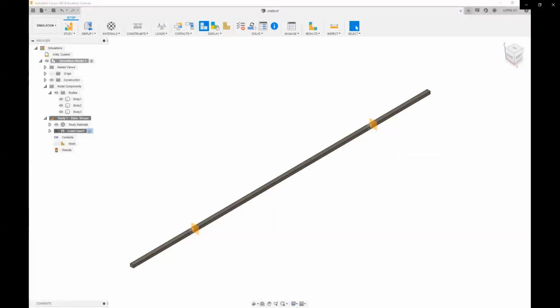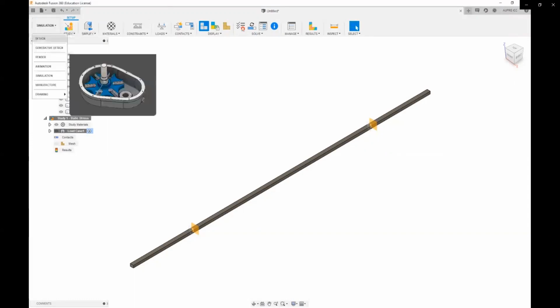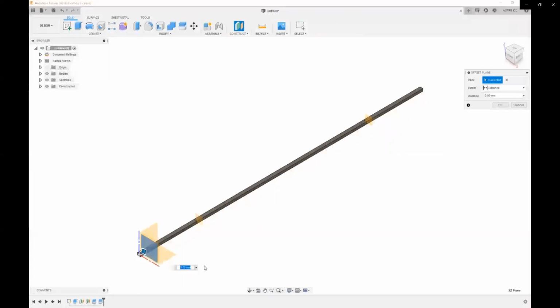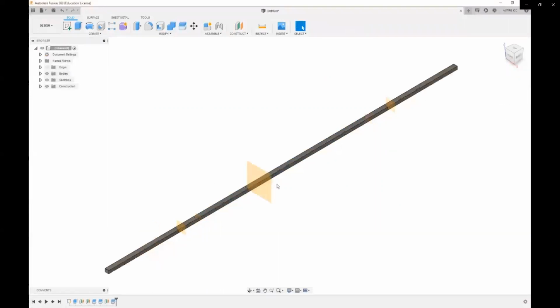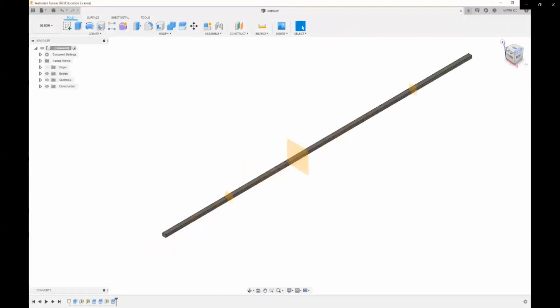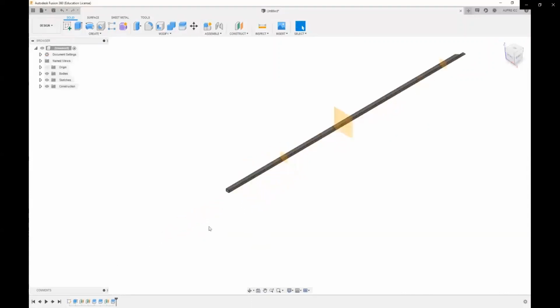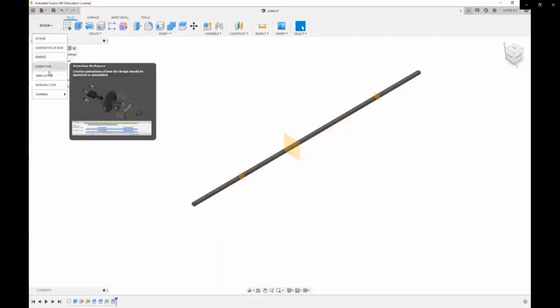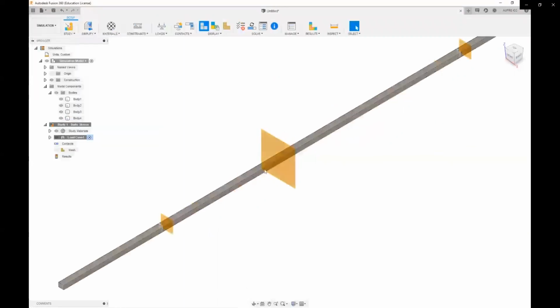Before that, we need to create a model and modify it. We can edit the model using the simplify option. I am using the same part, clicking on the constraint and creating the pin. The dimension mentioned is 3000 mm at the center, and I am splitting the body at the dimensions mentioned in the question by repeating the same procedure as before. Just click and split the body using these conditions. After the body is split into four parts, we need to apply the loads using the simulation part.